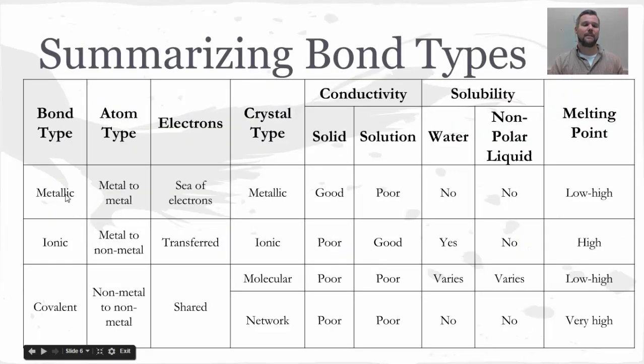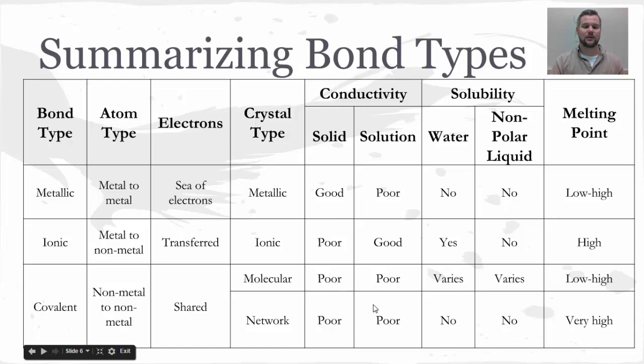Recapping, you need to know that metals are going to be metals as far as atom type. Nonmetal to metal will be ionic, and finally covalent is going to be two nonmetals stuck to each other. You need to know these phrases. In general, we want to talk about conductivity. If we're looking at a whole sample, we need to know that metals are good conductors in the solid form and poor conductors in solution form. You should know that ionic are good in a solution form but poor in a solid form, and then covalent